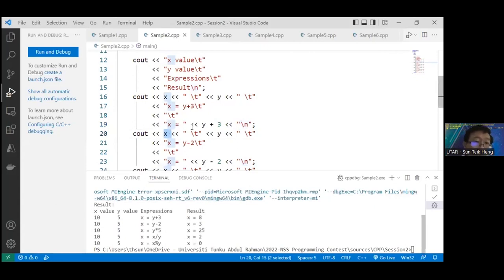So you display x. Then after that, you display a tab space, and then you display y. And then after that, you display a tab space, and then you display x equal to y minus 2, tab. So x equal to y minus 2, tab, and then another tab space, and then you display x equal to,